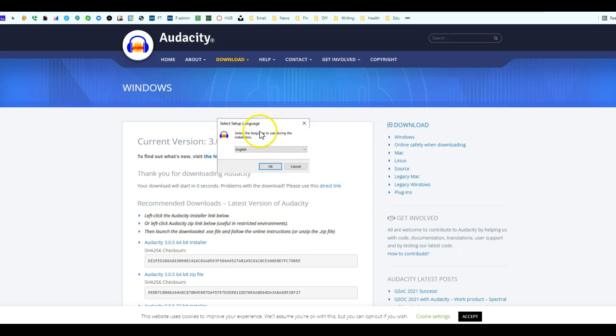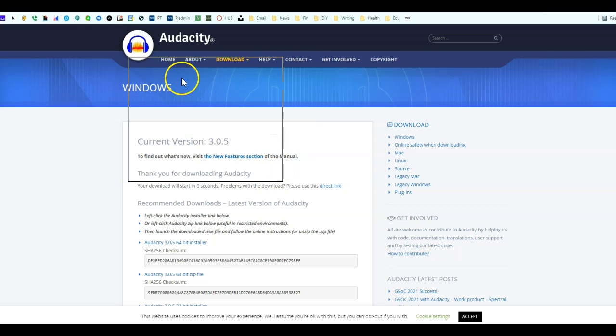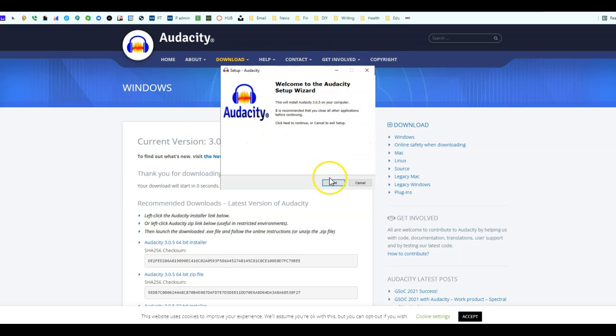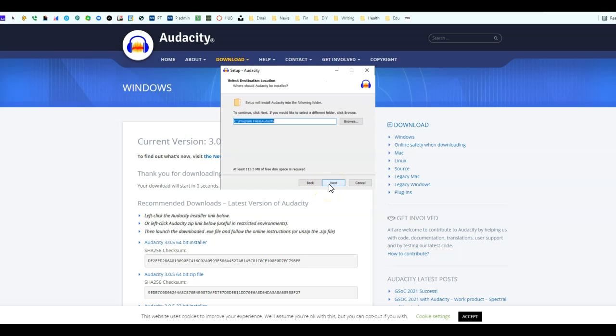And it's going to say, select setup language. English is good. Then it's going to give you a new setup screen. And I'm just going to say next to set it up. Next. Choose a folder. Make a desktop shortcut, install. It's really pretty quick to install, just takes a couple minutes here, and then you'll be up and running basically